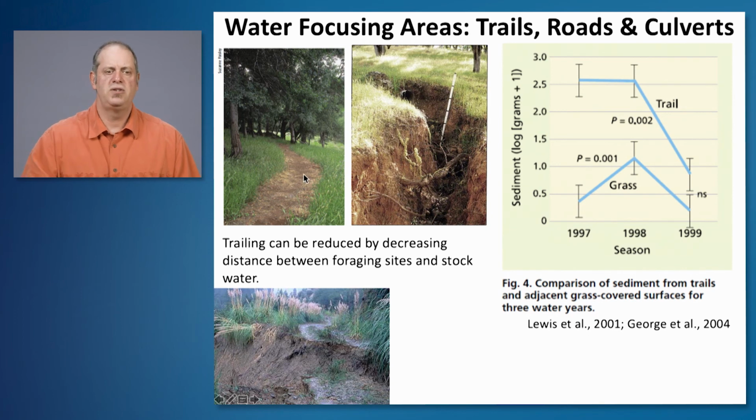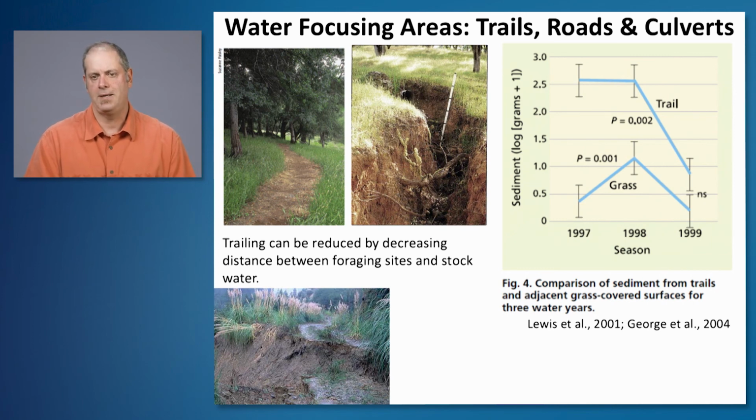Also, we can reduce the magnitude of trailing by decreasing the distance between foraging sites and stock water or supplements. We can spread the cattle out rather than concentrating them, by keeping them moving with properly developed water and supplements across the landscape, therefore diminishing that superhighway effect of cattle moving across one spot from upland to, say, stream over and over, which would create a direct pathway of erosion to